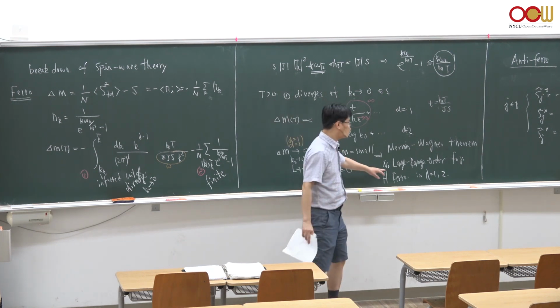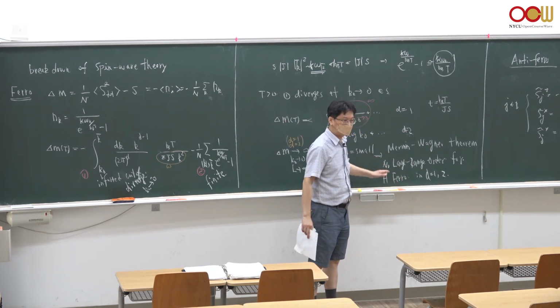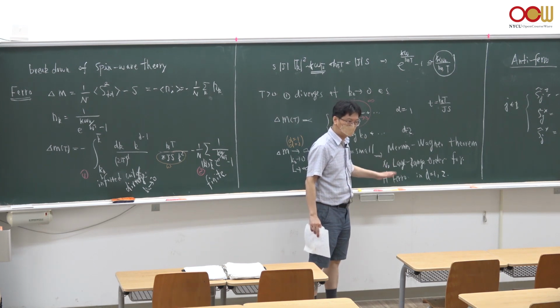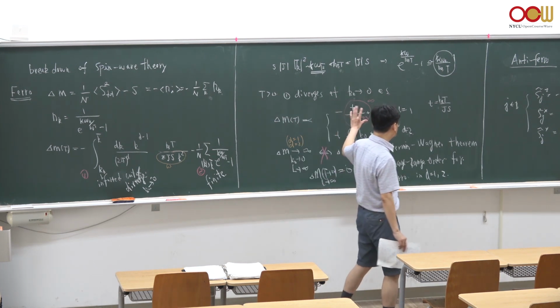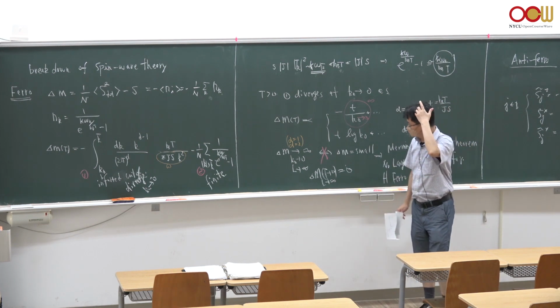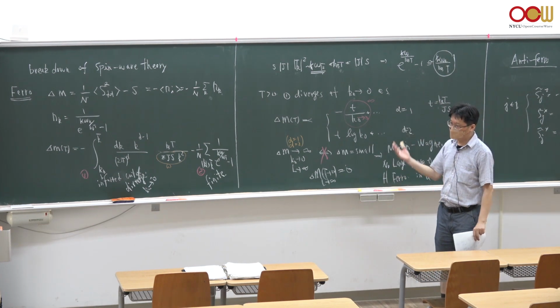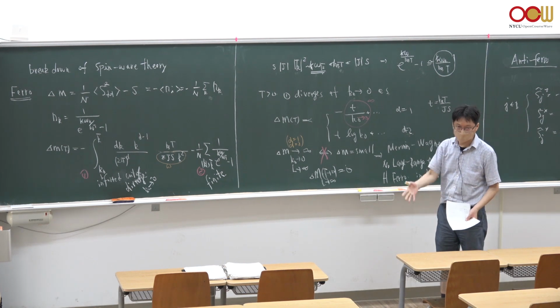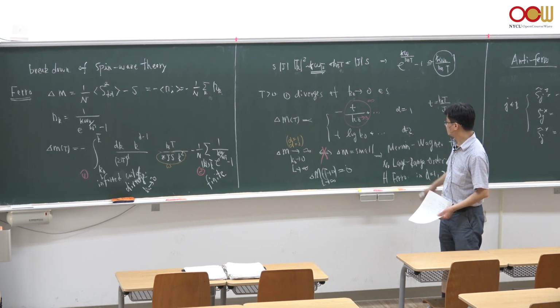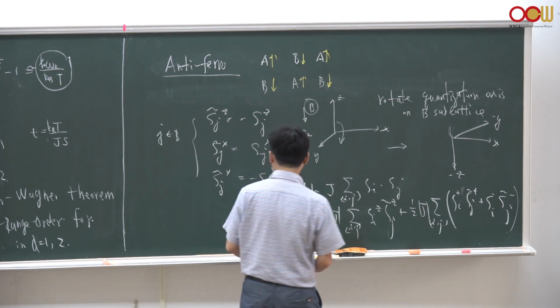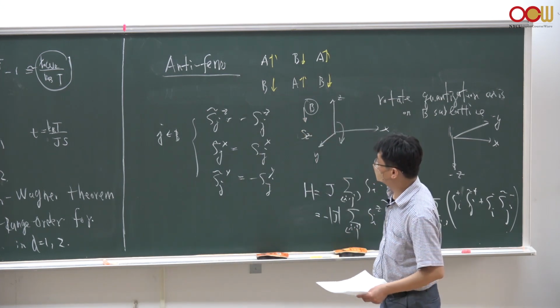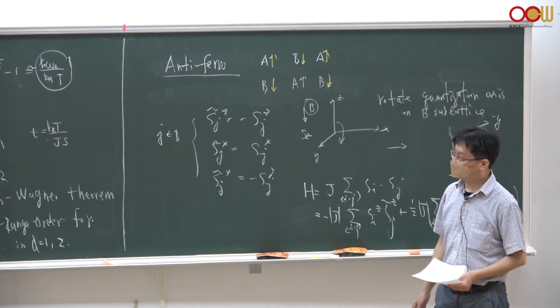So there's no magnetic long-range order for the Heisenberg ferromagnet in 1D and 2D. That is a really important message: spin waves or spin flip events are going to destroy long-range order in low dimensions. We will come back to this next time when we study the antiferromagnet,